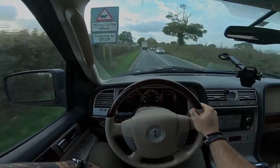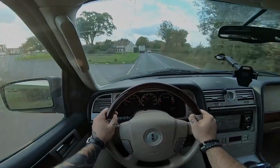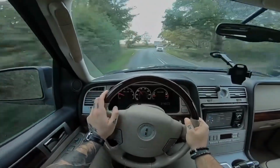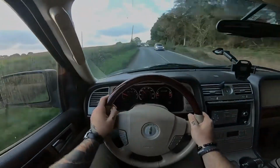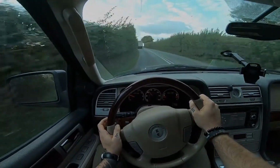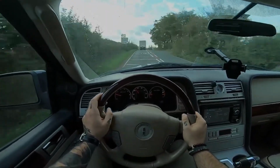And now that we're discussing the point of the engine, this is another thing which I want to touch on, comparing it to the Escalade, because in my opinion it's more impressive. The Escalade was a very impressive bit of kit, but one of the things I never liked about it is the displacement on demand, if you will, the cylinder shutdown tech. So in the case of the Cadillac, it was a 6.2 V8 with about 410 horsepower, but unless you really put your foot down, you're actually driving on half of the engine. So it was more like a 3.1 V4 with about, I guess, 200-ish horsepower, even in that